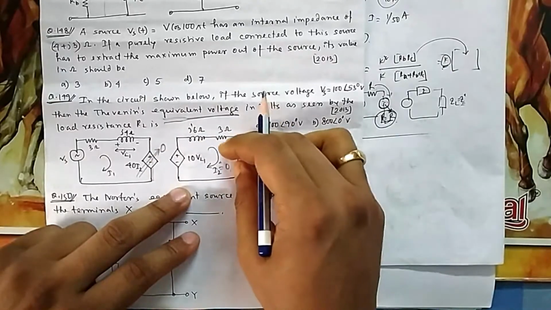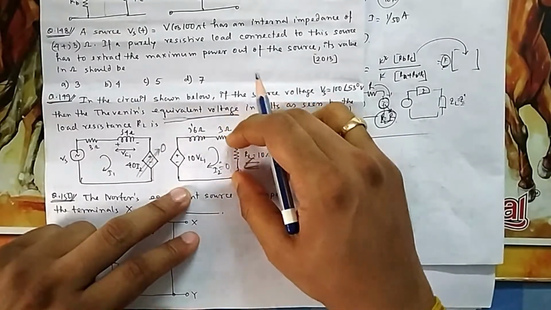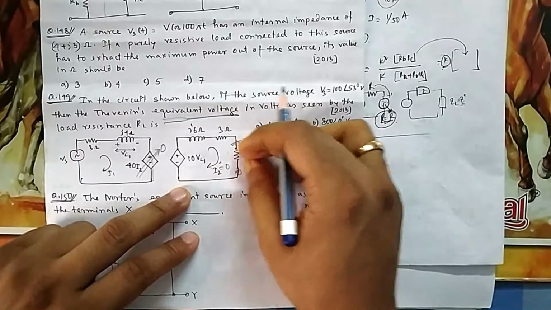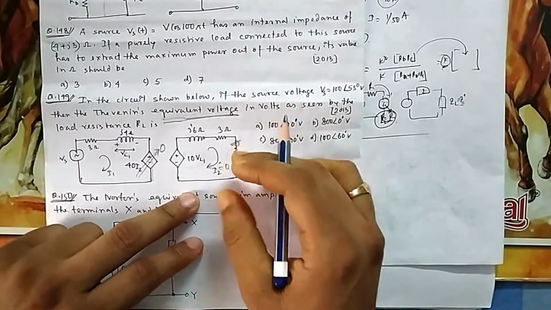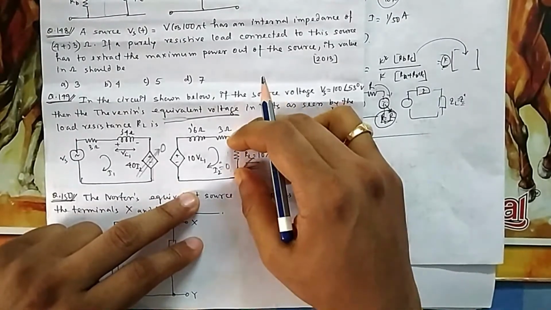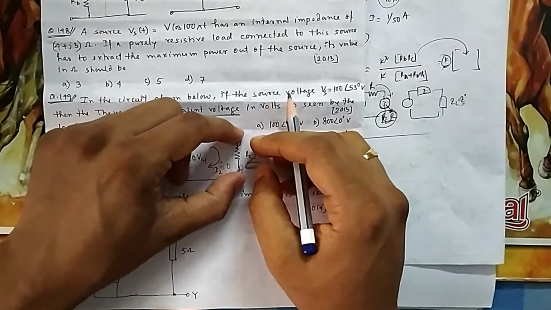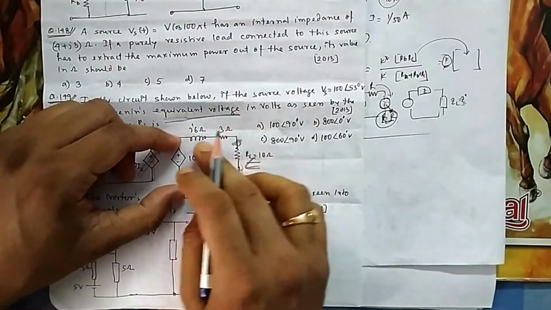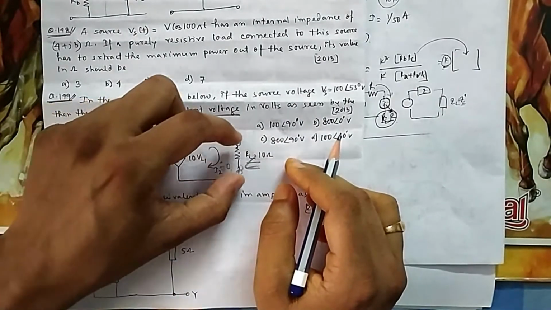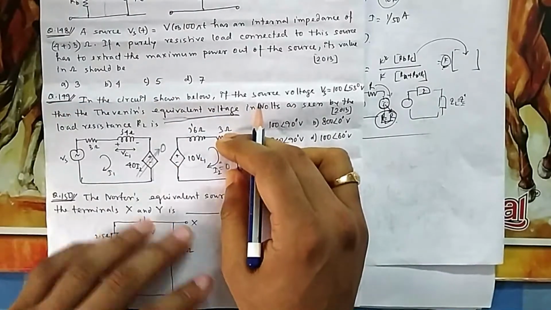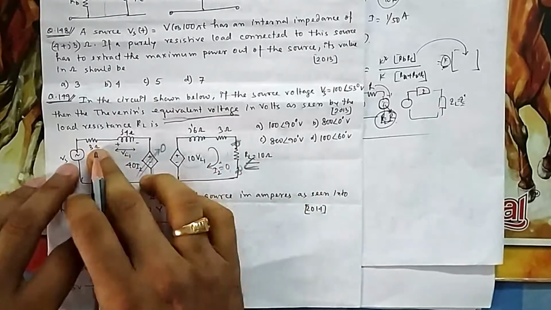So for voltage you remove this one and see what is the voltage; for resistance we remove this one and see from this side what is the resistance. If you remove and see from these two sides, what will be the voltage? No current is flowing, so this voltage will directly come here, no drop. So ultimately you will get the same 10 VL1. So your answer is 10 VL1, and VL1 is the voltage division of these two.